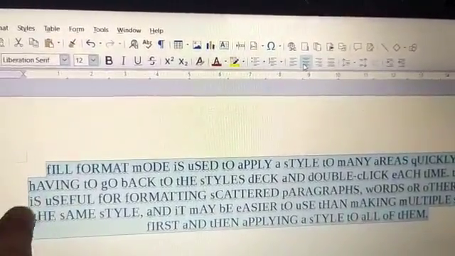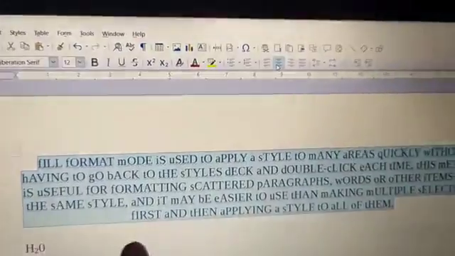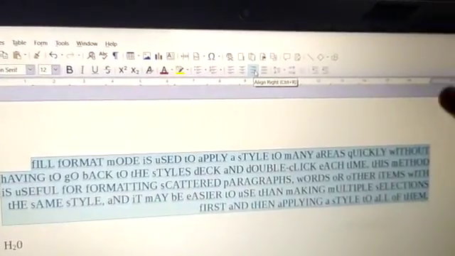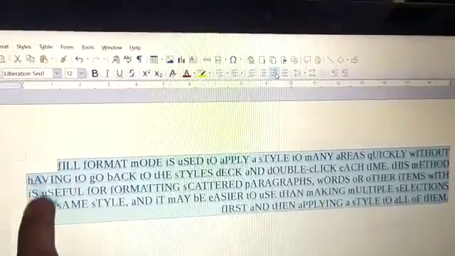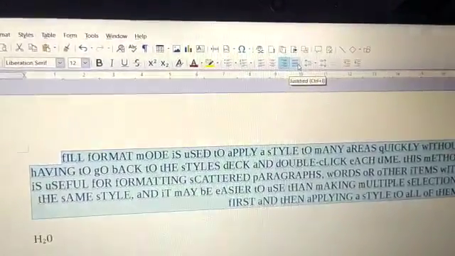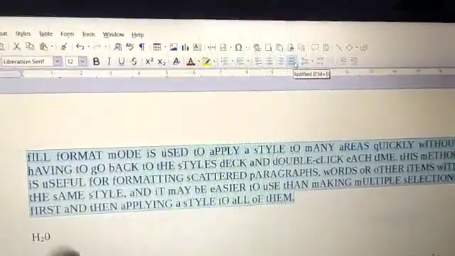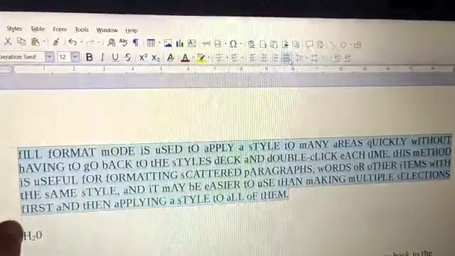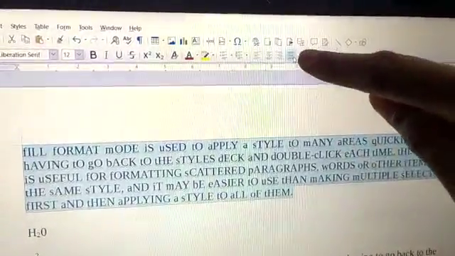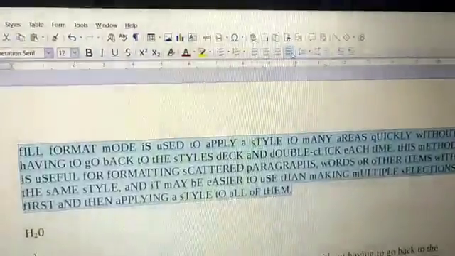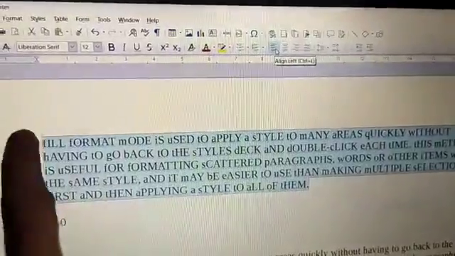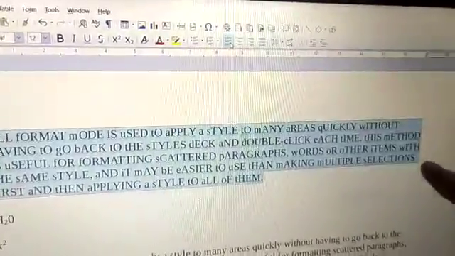Firstly this line was here when I selected left alignment. Now center means this line is in the center. Right means equal space from the right side, it doesn't matter about the space on this side. And if I do justify, on both sides there is equal space, but the last line starts from here, not in the center. This is the major difference between justify and center. Clear? By default this is left alignment. You can see equal space on the left side, but on the right side no equal space.